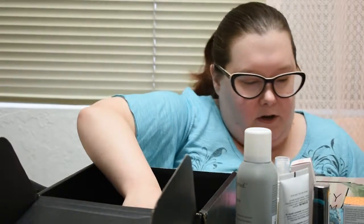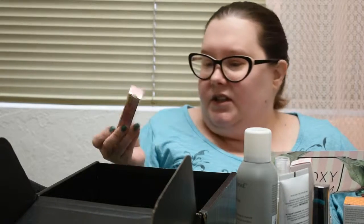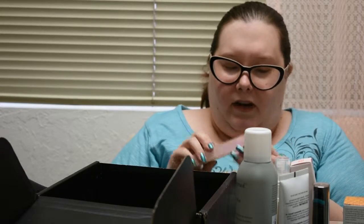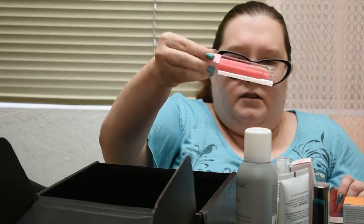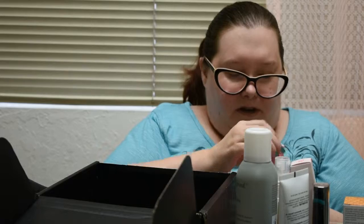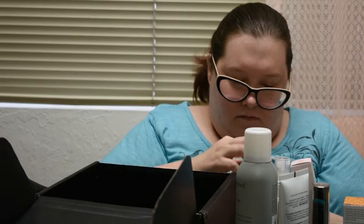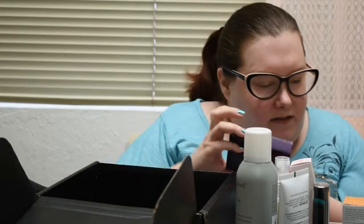Then we have the Dummy Cosmetics Lemonade Lip Gloss, which retails for $17. Lemonade. This one is called Strawberry Lemonade. I don't know if people got different ones, but that's pretty. I've never tried anything from Dummy Cosmetics, but I have heard of them. So that's fun. And lastly is Tarte